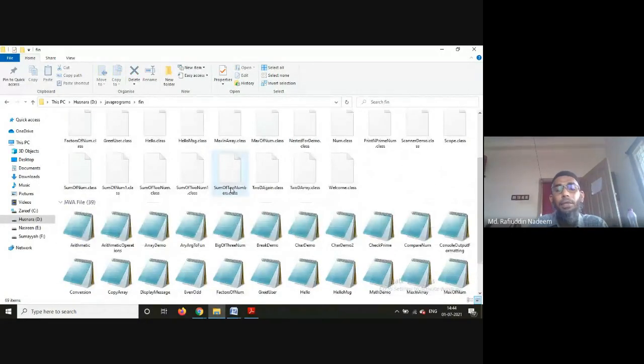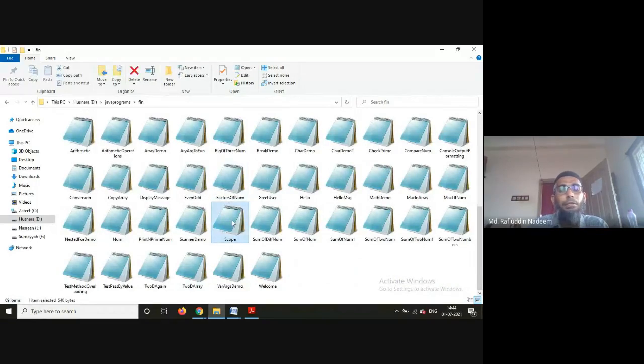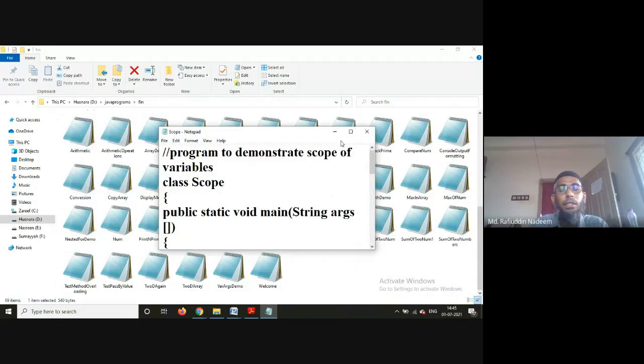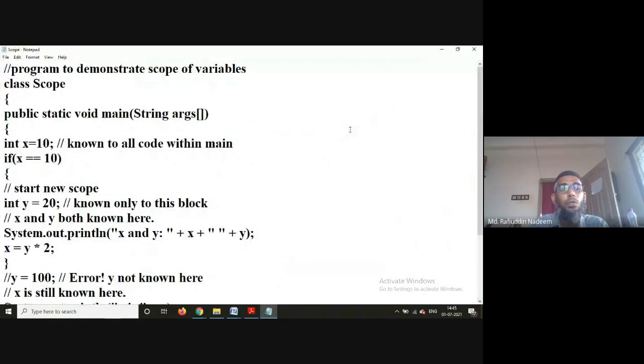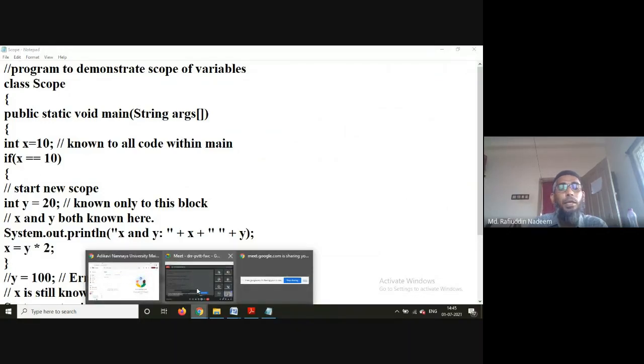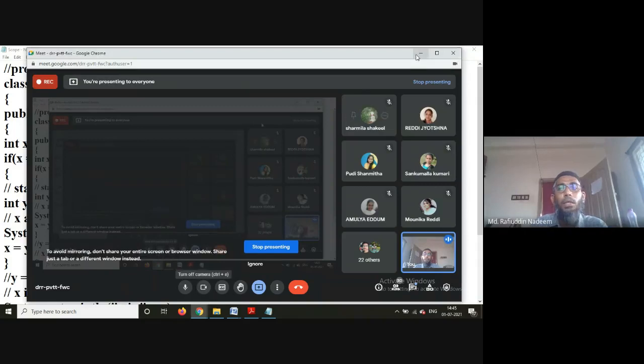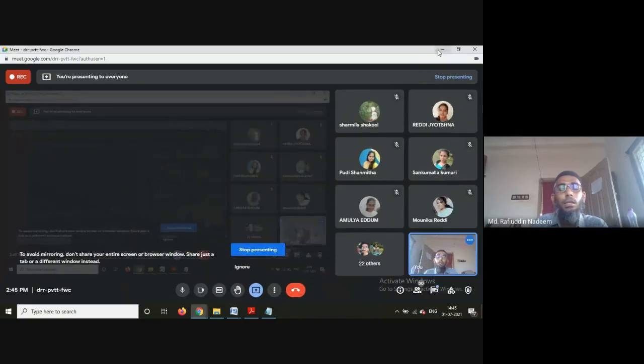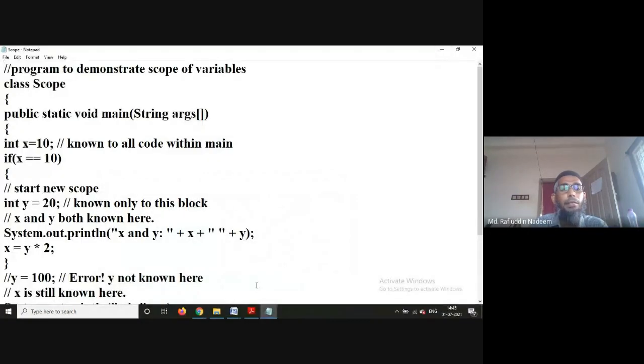Next, today we will start our discussion by demonstrating the scope of variables. I have already discussed this in earlier classes when I spoke about the for loop, where we can declare a variable inside the for loop.